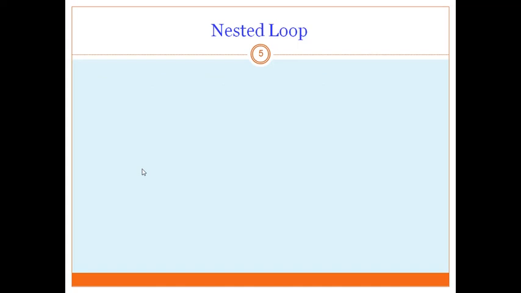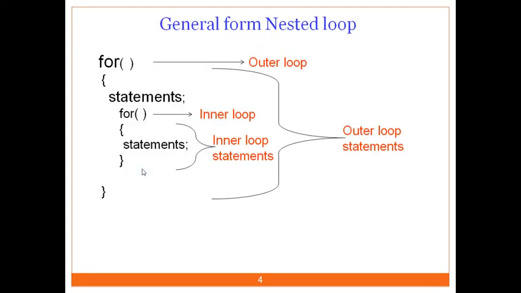Now we will discuss how the flow of execution happens. As we know, a loop is a block of statements. These statements are executed repeatedly until the condition becomes false, that may be n number of times.